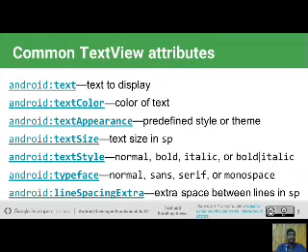It is normal, bold, italic and bold italic. Next is typeface, normal. It is the design of fonts. And next is line spacing extra. If you want to insert a space between the lines, then you use the line spacing extra.